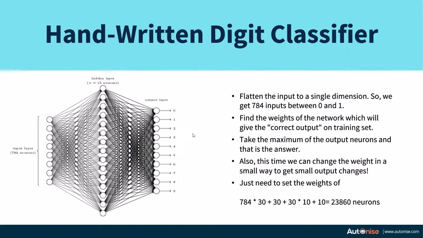So now the task is we have converted our input images, we know what output we want, we have a model architecture, we just need to find out the set of weights which will make this architecture work. How many weights do we have? We have 784 inputs. Let's say we have 30 hidden neurons. Then we have a total number of weights corresponding to 784 into 30.